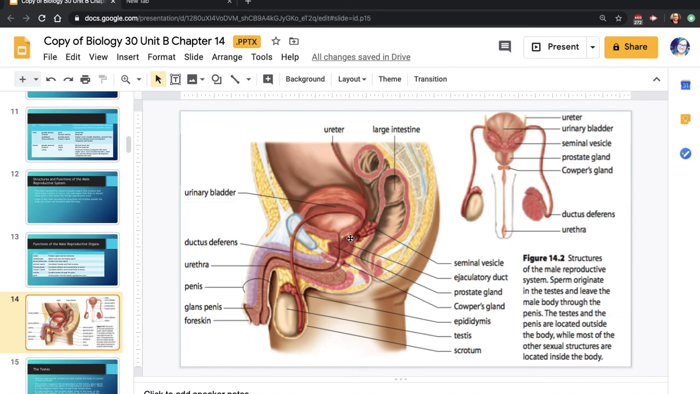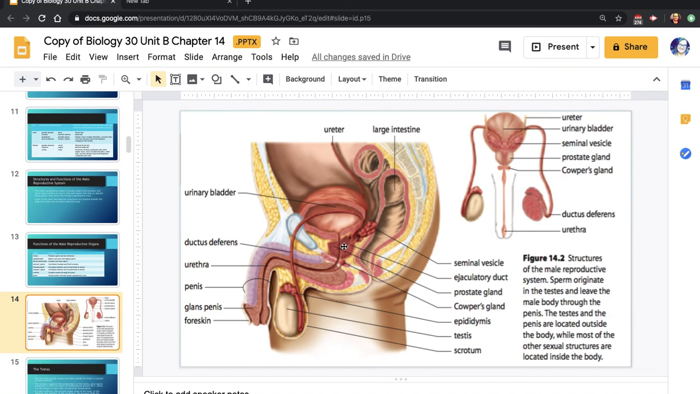When it gets over to here, we can see this gland, which is called the seminal vesicle. That's the thing that's going to release the sugars. So it's going to give the sugar to the semen to give it extra energy. Once it's got that energy, it's going to continue. This is the ejaculatory duct, so it's giving it that extra boost to get it out of